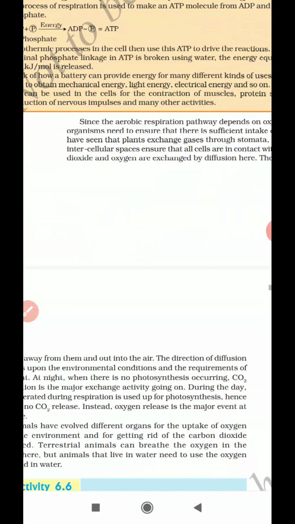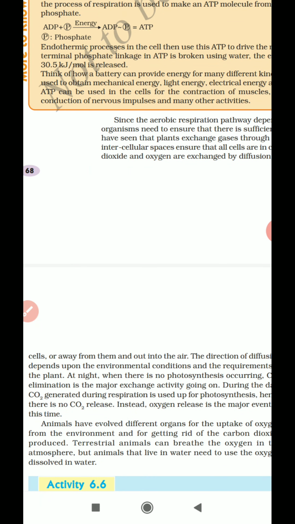Actually, this stomatal pore will be very active during night times. Why it is very active during night times means during night times photosynthesis will not take place, because at night sunlight is not available, so photosynthesis will not take place. Since there is no photosynthesis, what happens? It will perform the activity of elimination of carbon dioxide or oxygen gas with the help of stomata. So at night times, the stomata carry out the major exchange of